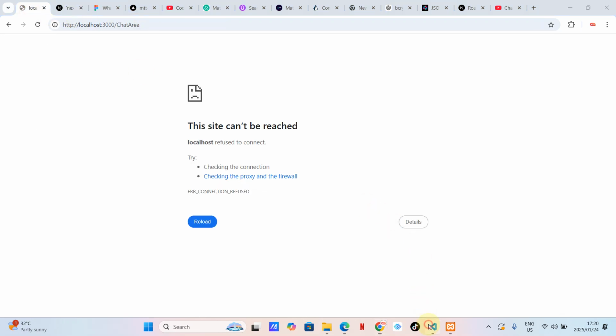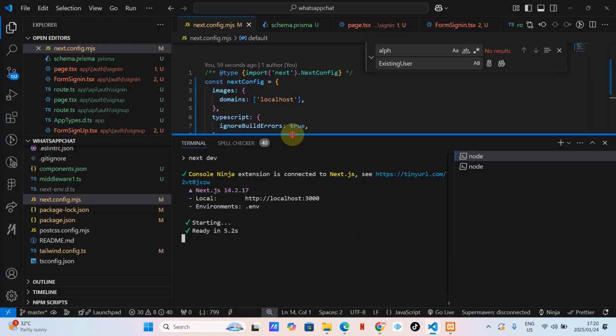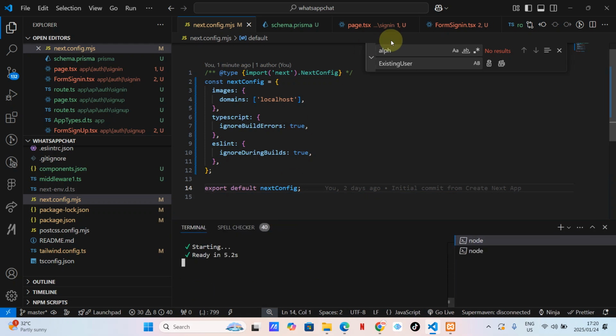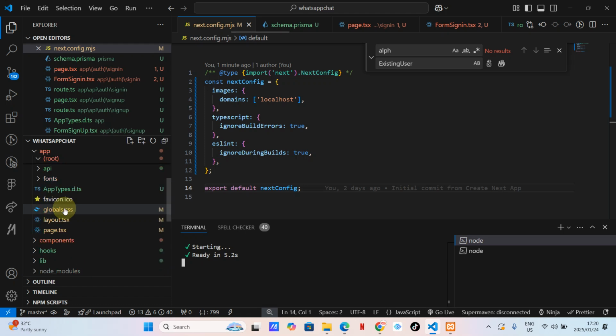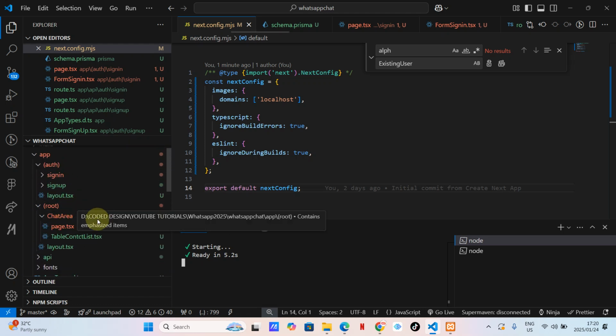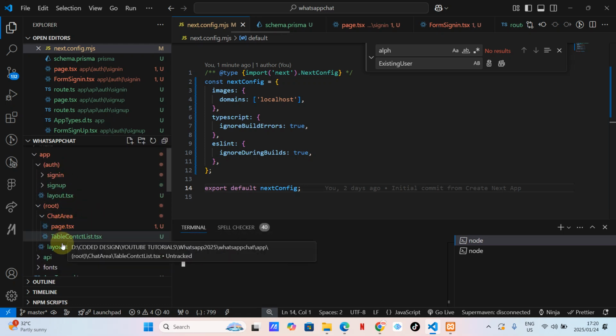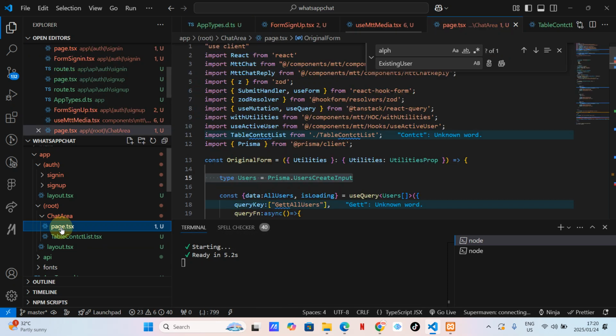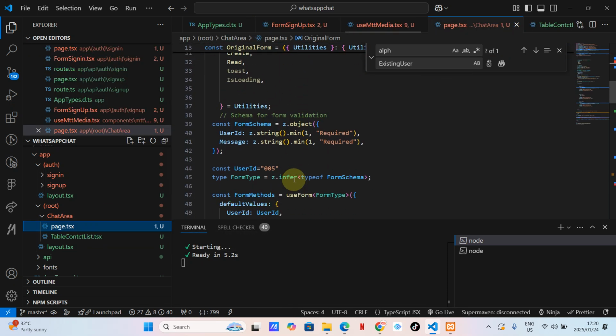Okay, I want to take this to where it's supposed to be. Let me do that. Where am I? All right, guys. I want this page, not this one. I think so. And in this page,